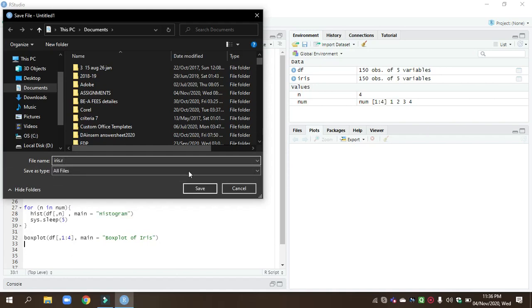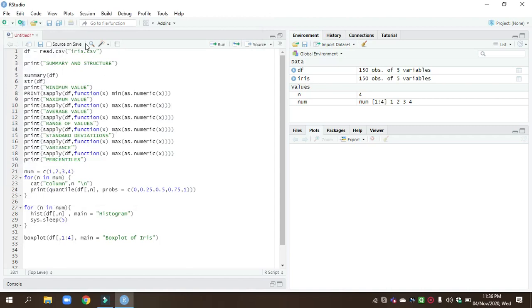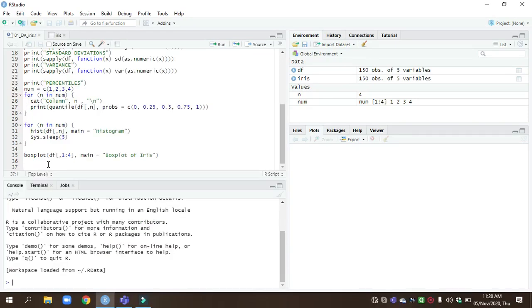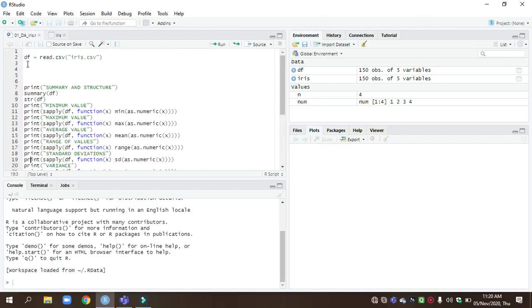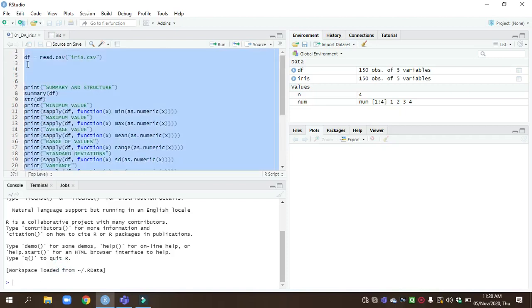iris.r. Now the execution of the program. Now run this program. To run this program, Control A, copy this program.